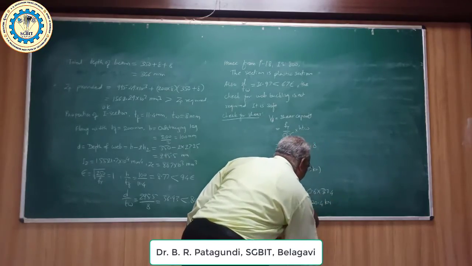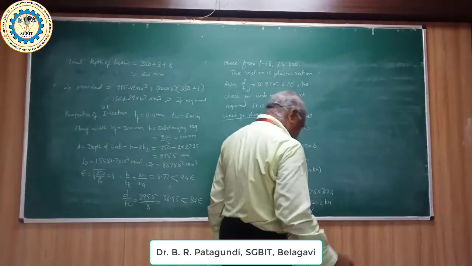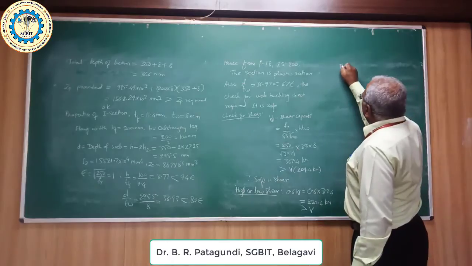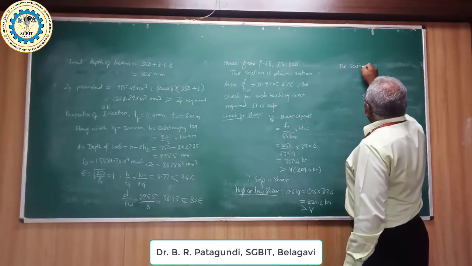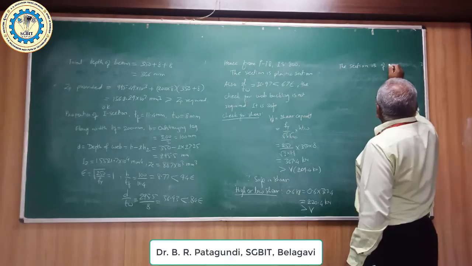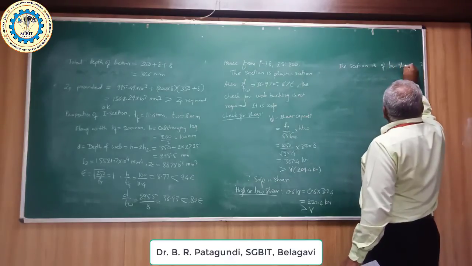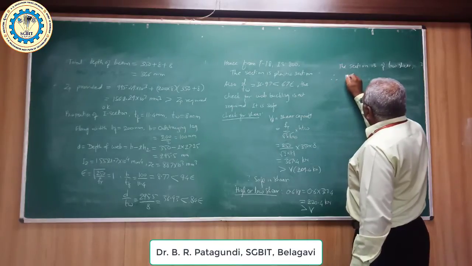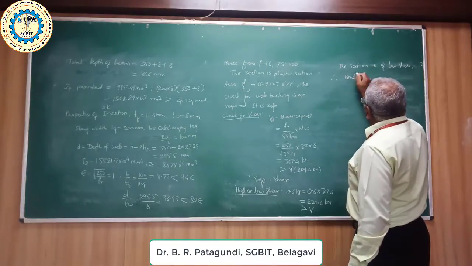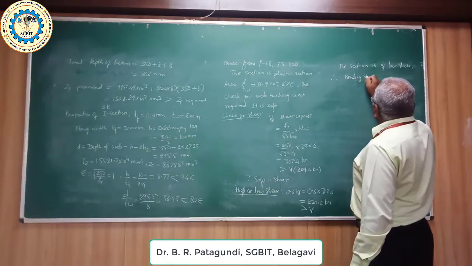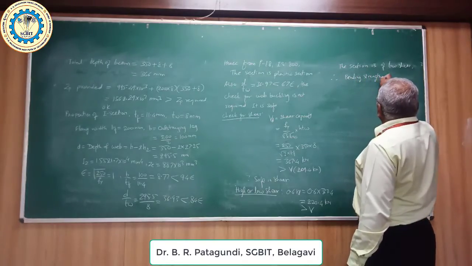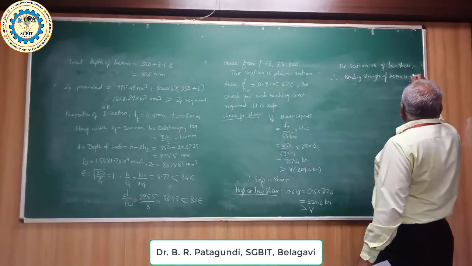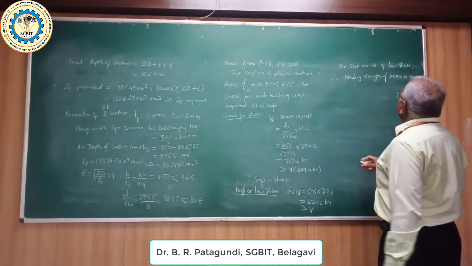So this is also more than V. Hence, the section is of low shear, and therefore bending strength of the beam is given by,